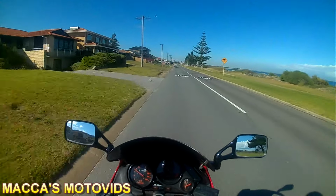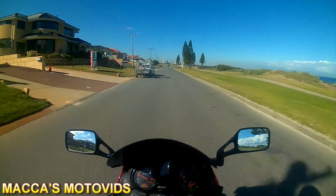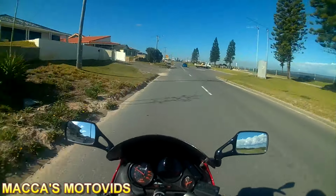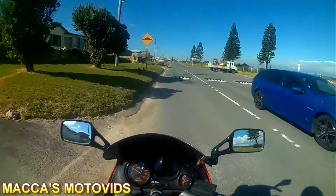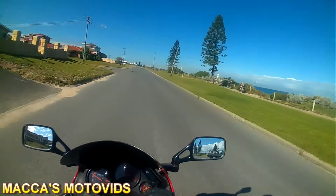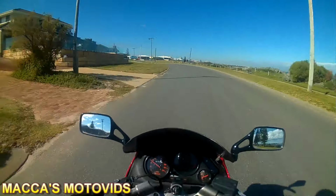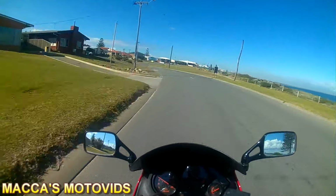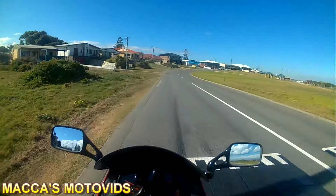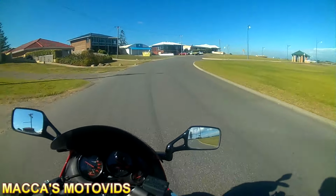But I've had this bike now for a year, and I really don't see myself upgrading very soon, so I want to do things to it. Things like exhaust, the automatic chain oilers, a couple of little performance modifications,